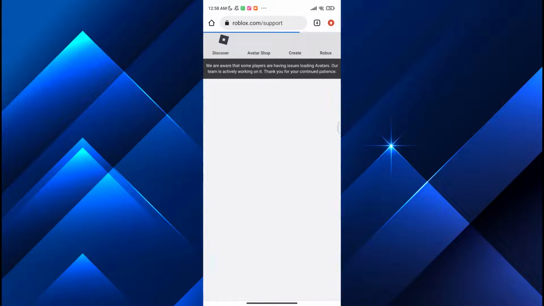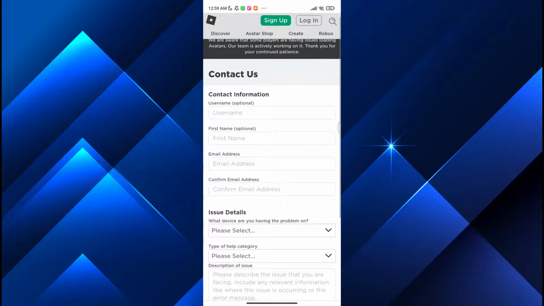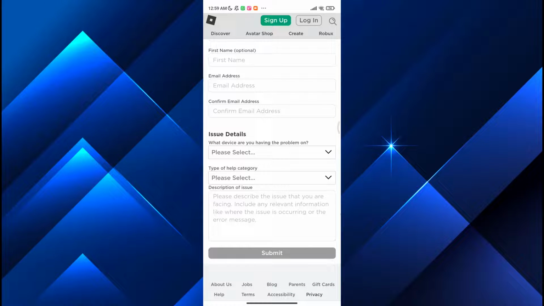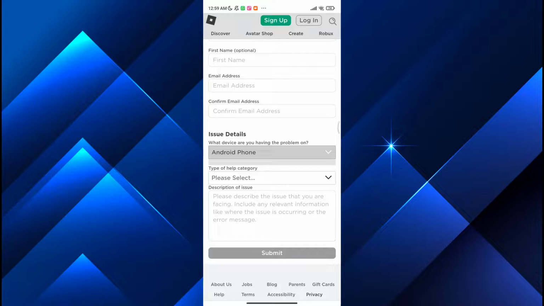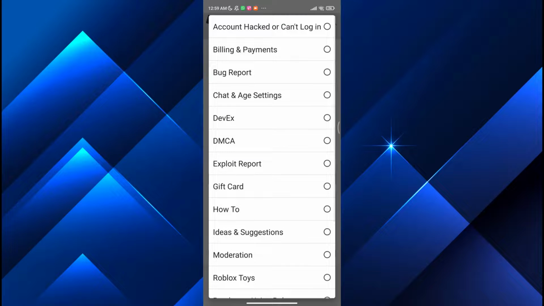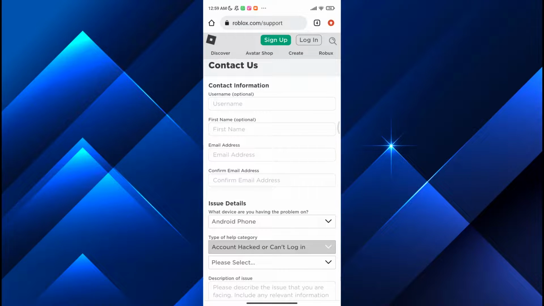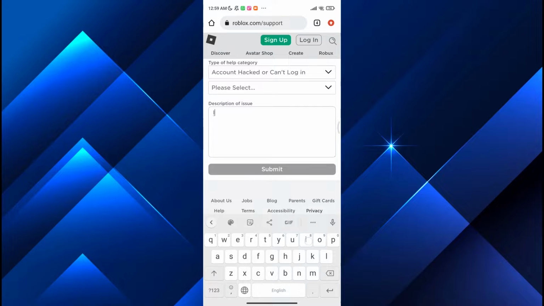and after that what you have to do is just put your username, your first name, your email address, then confirm it, then issue details, on which device you're facing the issue or which device you're using. As I am using an Android phone, and for type of help category, just press on account hacked or can't login. Over here you have to add the same username with which you created the account. Then after that, in the description of the issue, just type I have forgotten my pin,